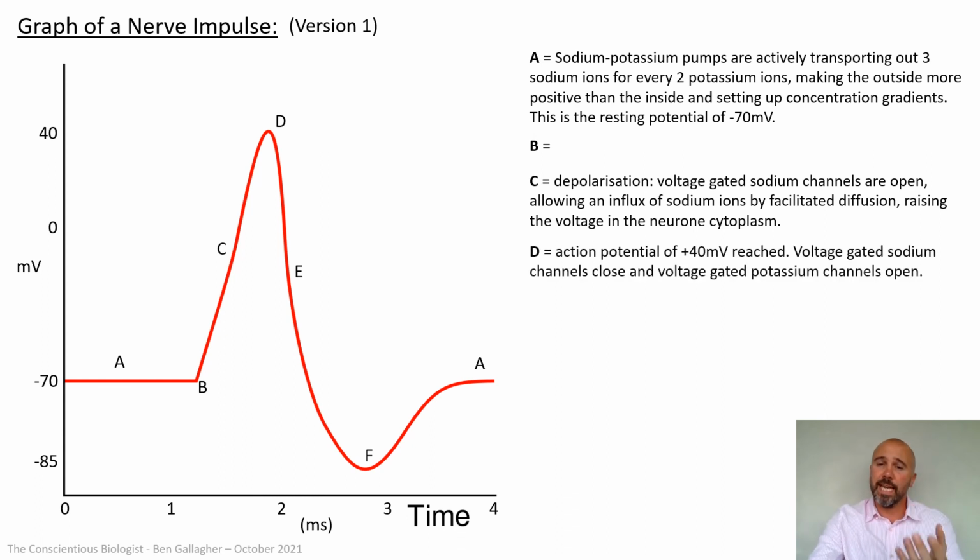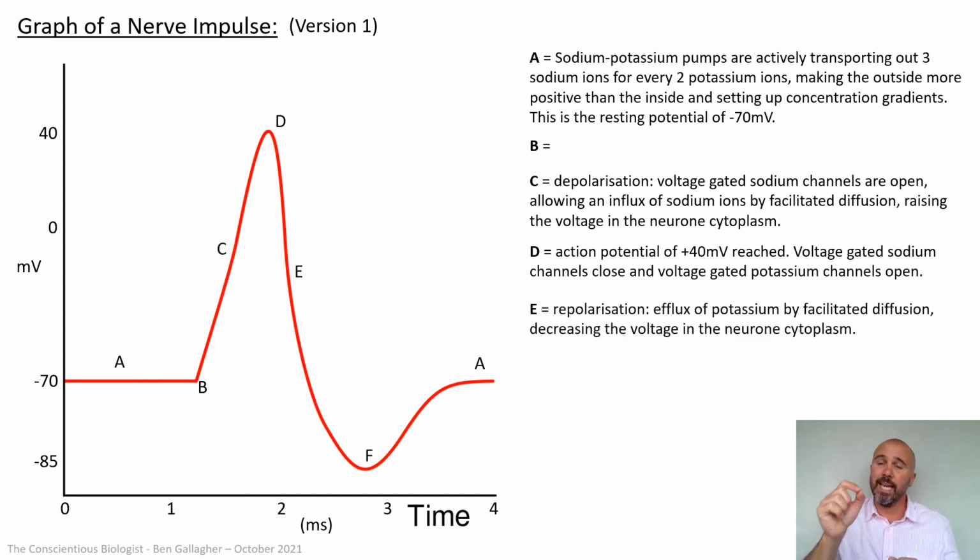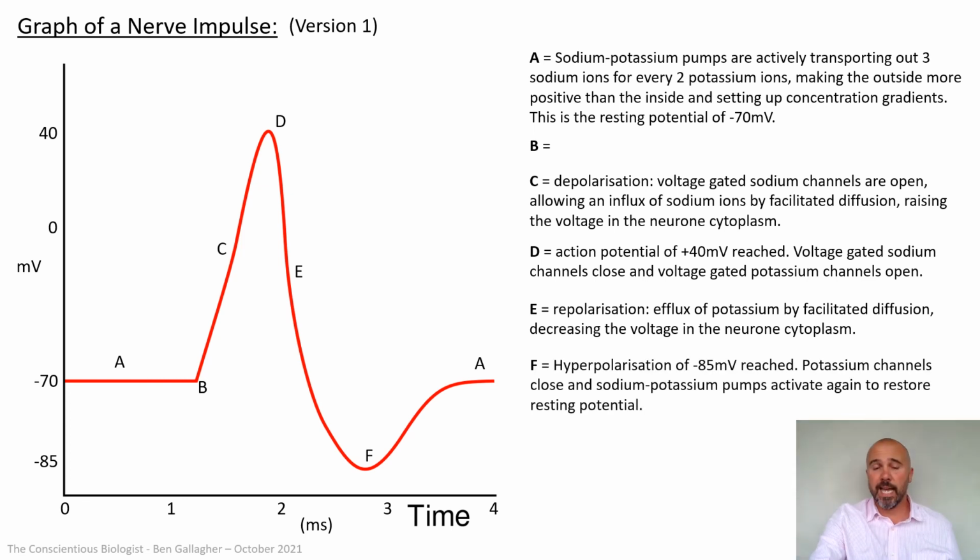But of course, once they get to D, which is the action potential of +40, once you get to that top point, that voltage of +40 closes the voltage gated sodium channels. The voltage gated bit just means they respond to certain voltages. Well, they respond to the +40 by closing the sodium channels and opening the potassium channels. That means at E, you're going to get an efflux of potassium. Potassium is going to leave by facilitated diffusion, which is going to decrease the voltage in the neuron cytoplasm, which is why the graph comes absolutely crashing down until you get to F, which is the hyperpolarization of -85,